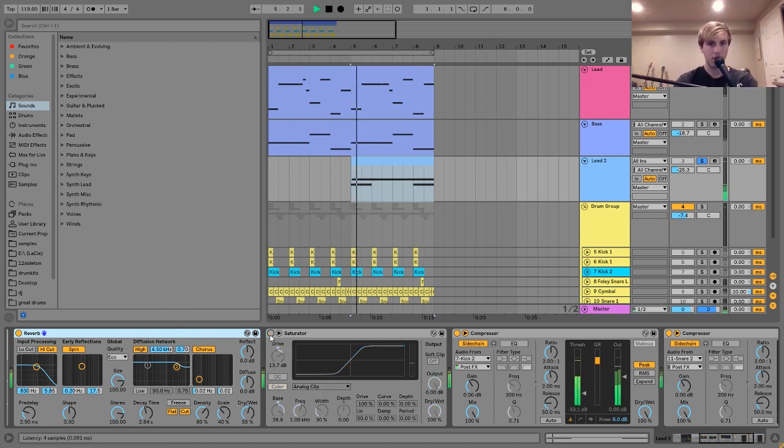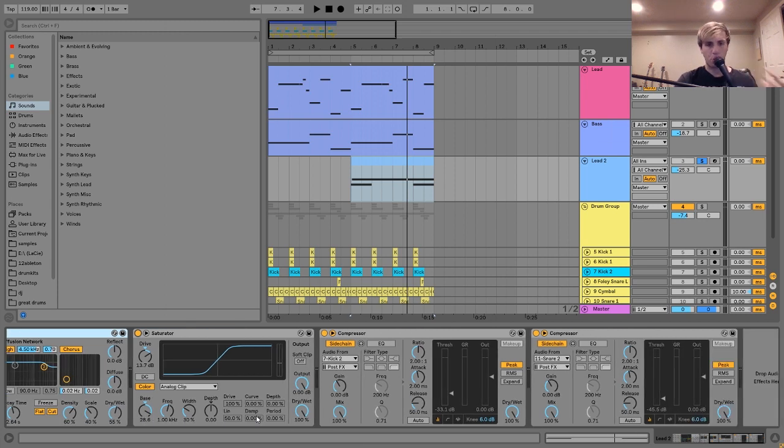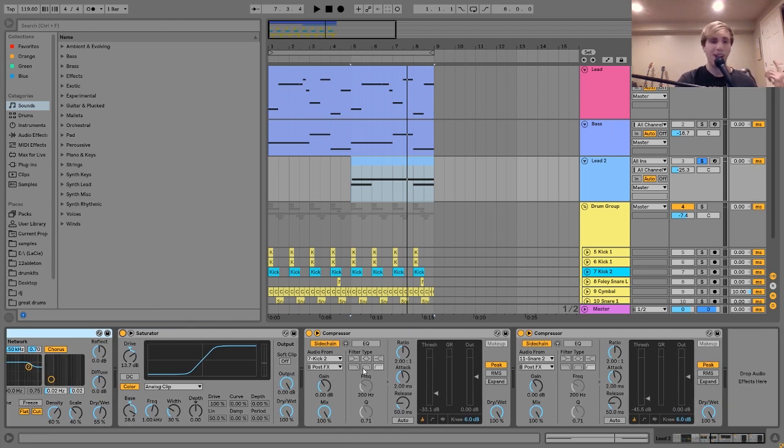If I turn this off and then turn it on, you can hear it's really driving it and like blowing it out in a nice way. So this is what this is for. I just have to drive up there, and then the bass frequency on this analog clip is up pretty high, which I think is what's giving it a lot of that like really gritty distortion. So then after that, I just have it sidechained to the kick and the snare, just the same as the